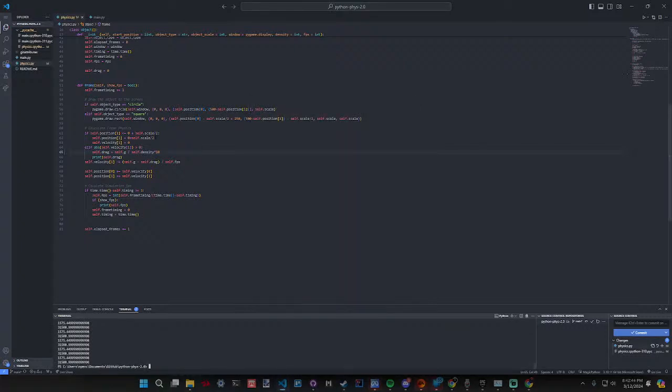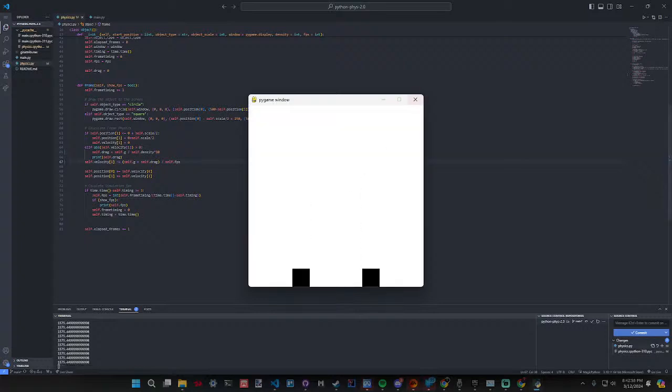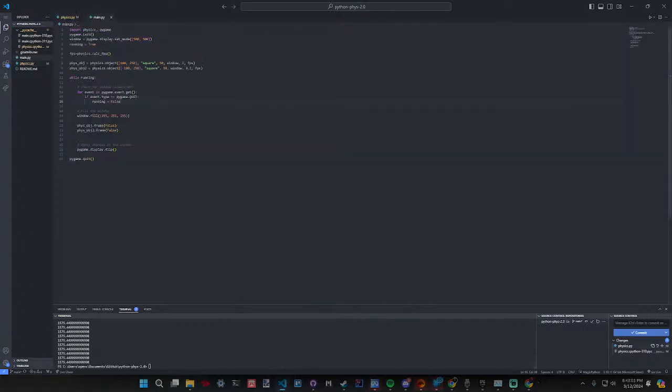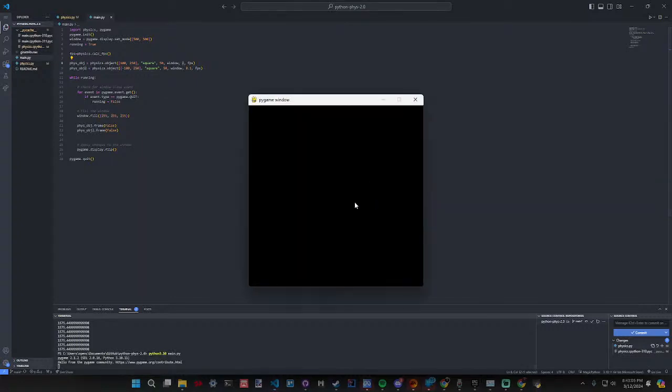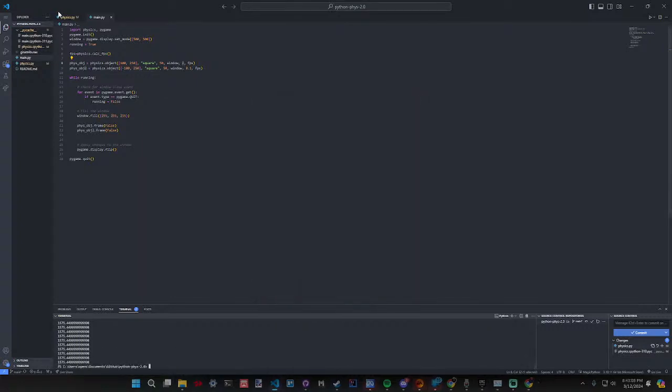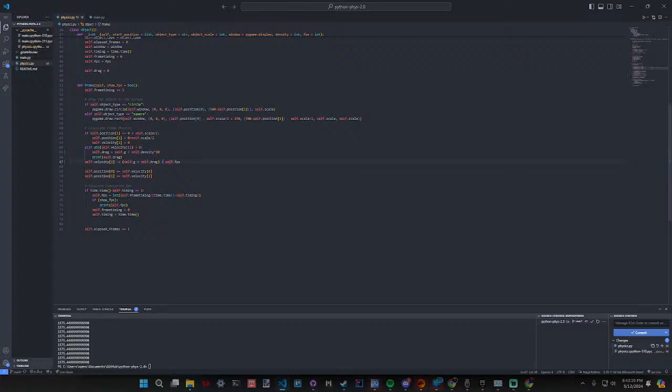Oh, that's not good. Divided by self.density times 10. Alright, if we just change that to an addition, the problem with that is the one on the right has more mass, as you can see. Maybe if I just, for the drag formula, change this to multiplication. Yeah, that might work.